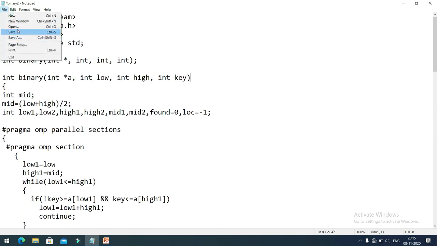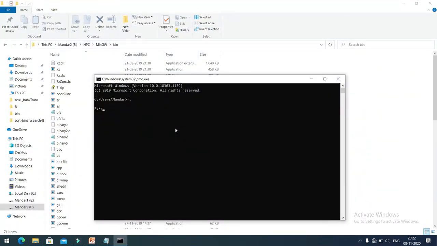Now let us execute this and see the output. So F drive, cd hpc, cd min.gw, cd bin.